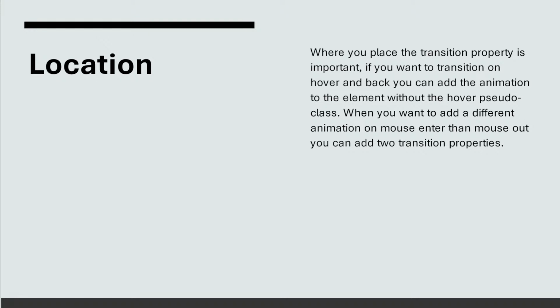And so it's important for us to understand that where we place this transition property is important, because if we want to transition on hover and then back, we can add the animation to the element without the hover pseudo class. One of the things that we've talked about previously in other courses as well is that a hover action is actually two separate actions, right? A hover action is a mouse enter and a mouse leave. So if we make sure that we have that